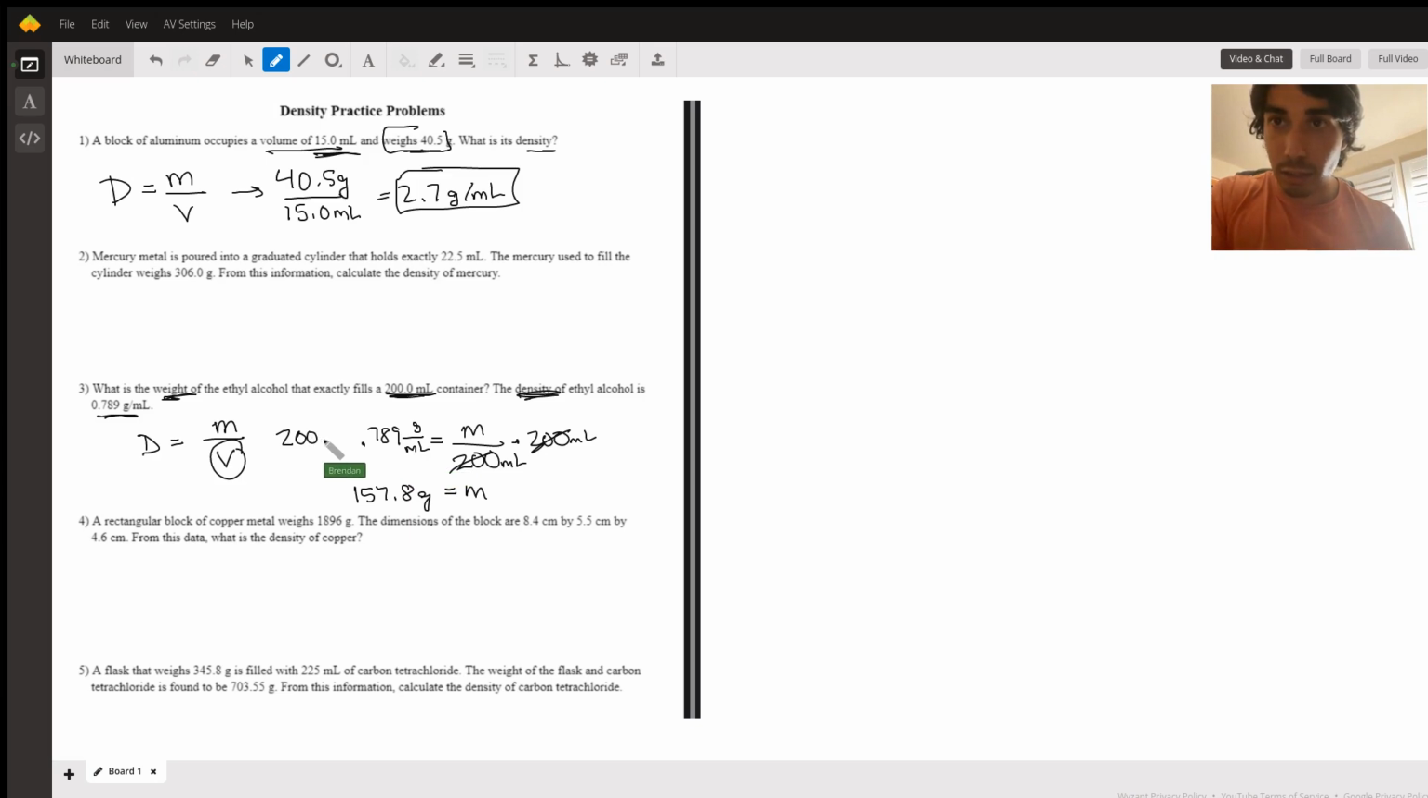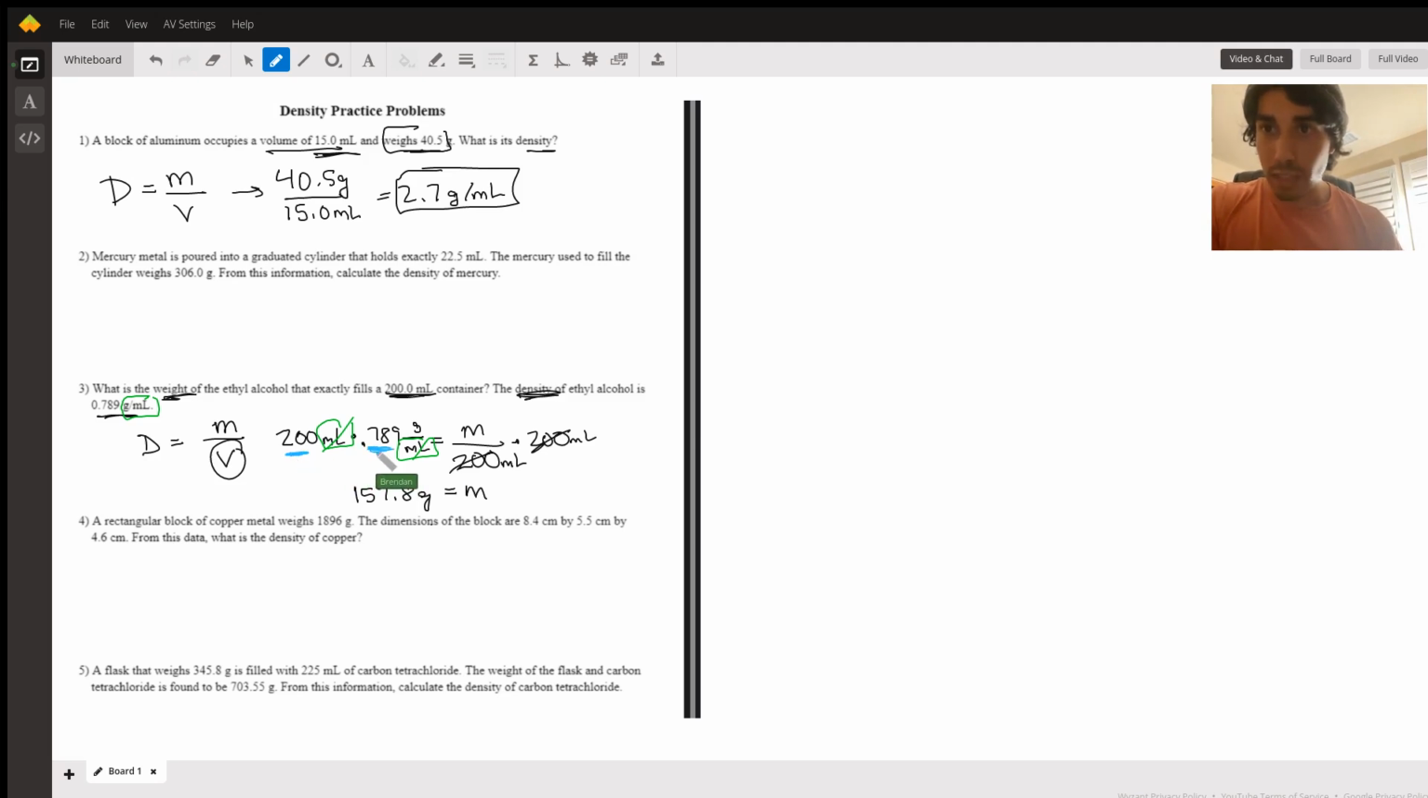So it was 200 milliliters. Well, notice what's happening here. Now, I've got milliliters here, and then I've also got milliliters in that denominator, right? The grams over milliliters, that comes from this right here, that density. So that is canceling out, leaving us with